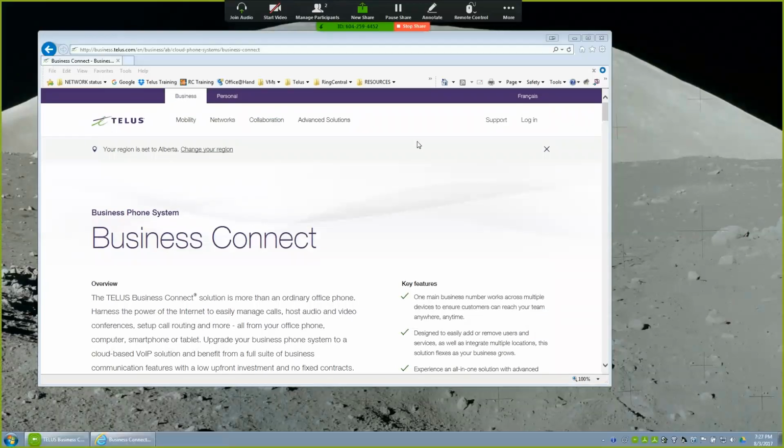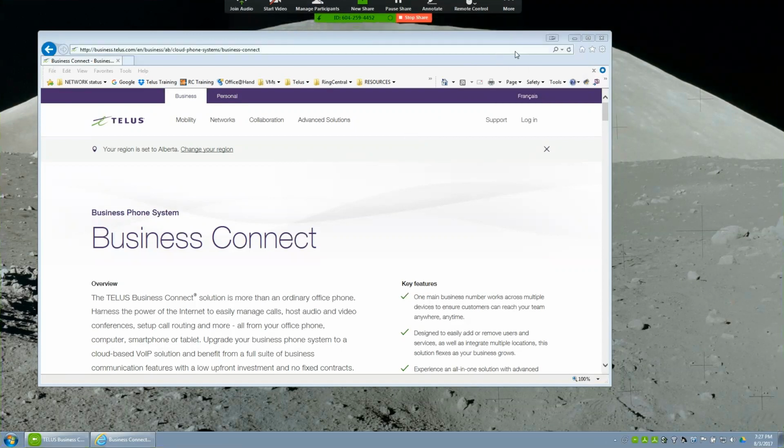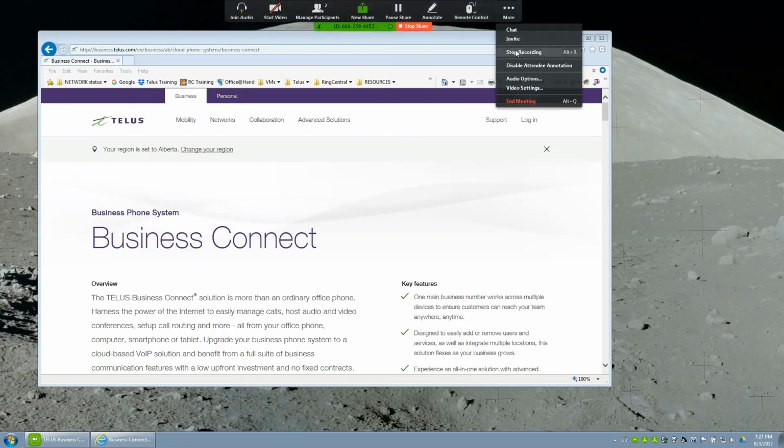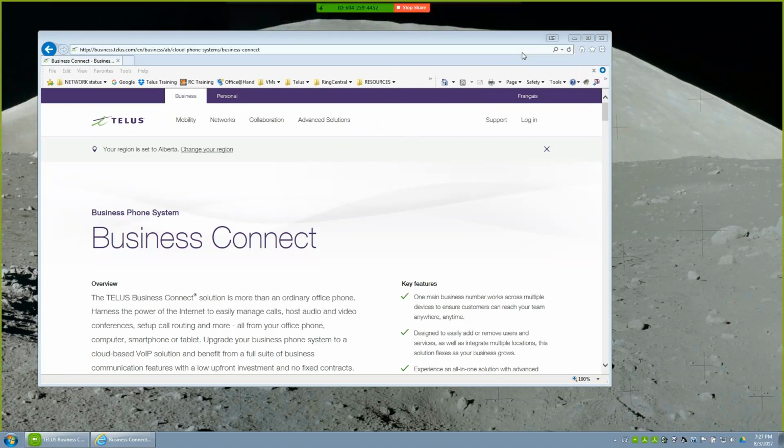And the first thing I'd like to show you is some of the controls at the top. The ability to record is really important. A lot of customers ask for that. The indication for that record, of course, is the button at the top showing that the meeting is being recorded, as well as other participants have that ability as well. Now, the participants that have the ability to do that,